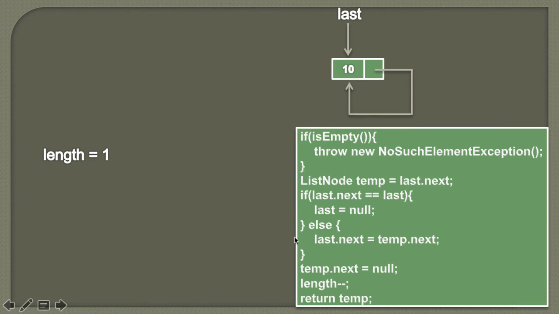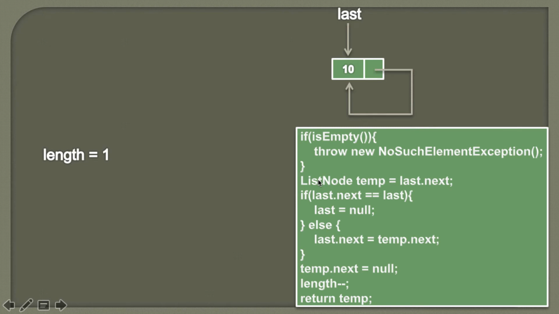So friends, after the method gets executed, we are left with only one node, which is the first and the last node both, because we are keeping track of the last node. And when the circular singly linked list has only one element left, we know that that particular node is the last node, and if we traverse to its next, then it will refer to itself because this is the first node and the last node both.